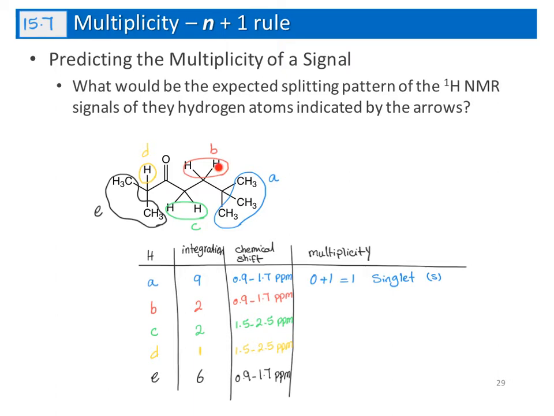Now for the protons B. For these protons, again, they are connected to this carbon. Now we need to look at the neighboring carbons. On this neighboring carbon, we don't have any proton. However, on this one, we have 2 protons. So the multiplicity here should be 2 plus 1. So we expect to see a triplet